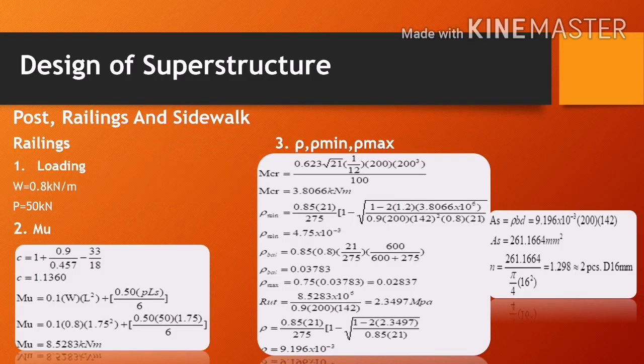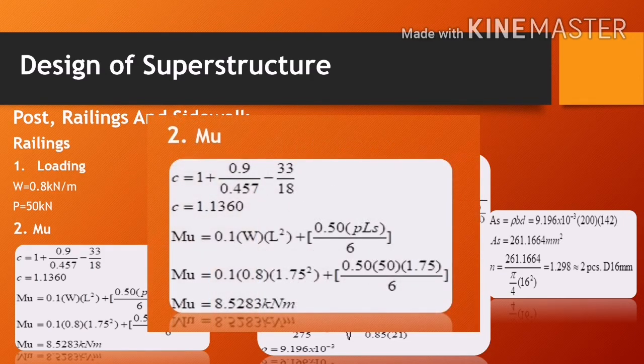For the design of railings, we assume a uniformly distributed load of 0.8 kN per meter and a concentrated load of 50 kN. Then we computed for the factored moment, which is given by the formula Mu = (0.1 W Ls² + 0.5 P Ls) / 6 times C, where C = 1 + PH over 0.457 minus 33 over 18. With this formula, we computed for the value of C to be 1.1360 and Mu of